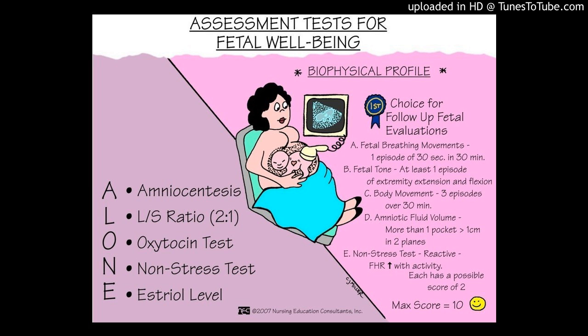The third stage of labor is the time after birth. It lasts from the delivery of the infant to the delivery of the placenta. Are they still having contractions? We hope. We want them to, because the contractions are what cause